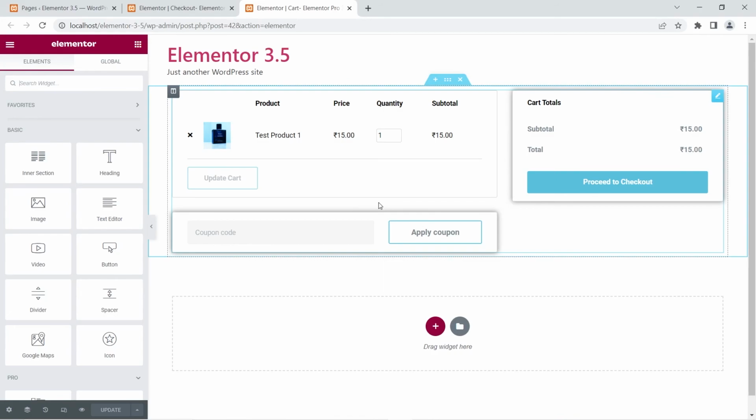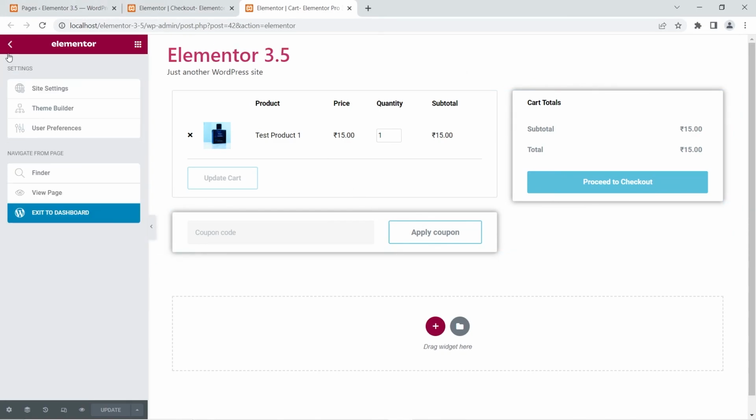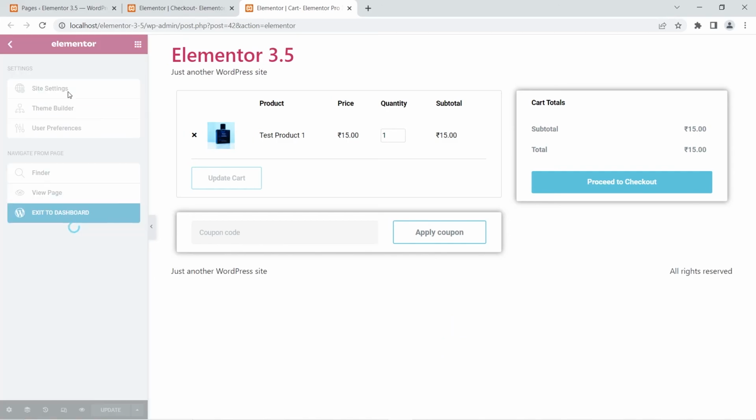So this is the cart page that we were creating. Basically we were not creating, we just discussed this widget. We have just added this widget and done nothing, just added shadows to this thing. There is no customization on this page. So in case you want to set this page as your cart page, then what you need to do is click right over here and then visit the site